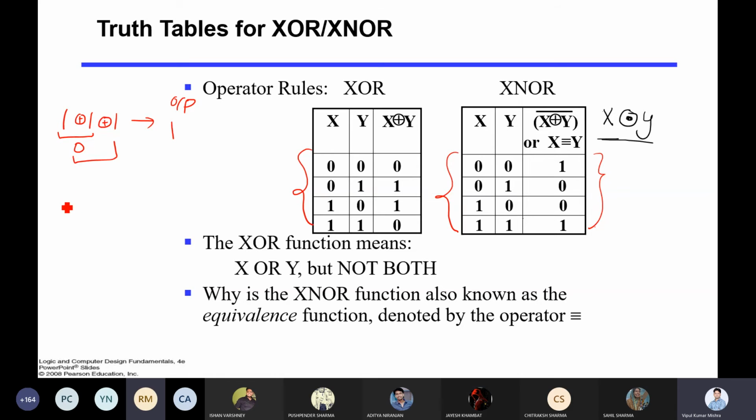Now let me take another example, then it will be more clear to you. 1 XOR 1 XOR 1 XOR 1. What about this? 0. Sir, 0. Now if you look into these, so we have 2 as well. So 2 is here, 3 is here, 4 is here. Anything special that you observe?